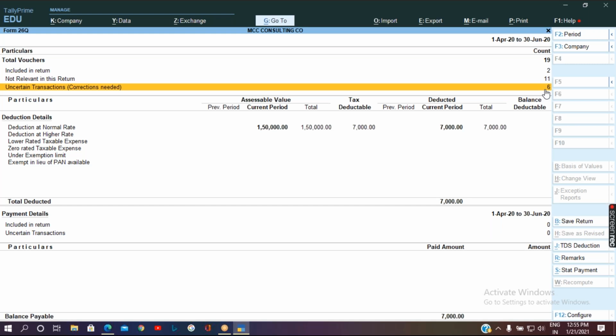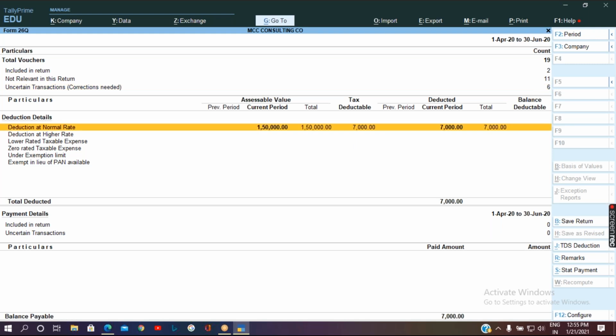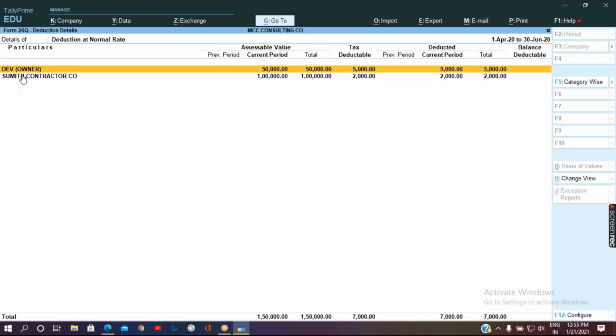So even though you have passed the transactions relevant to TDS, but still it is not showing the details under the particulars, then you should check the uncertain transactions report. But I'm getting all the transactions. I have passed two transactions, one related to the owner expenses and another related to the contractor. If you press enter, it will show all the transaction details. So I have got all the transactions relevant to TDS.